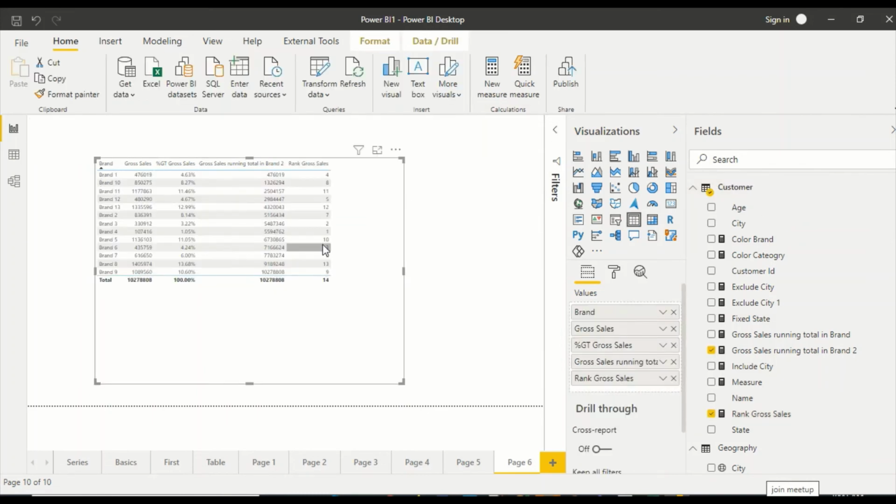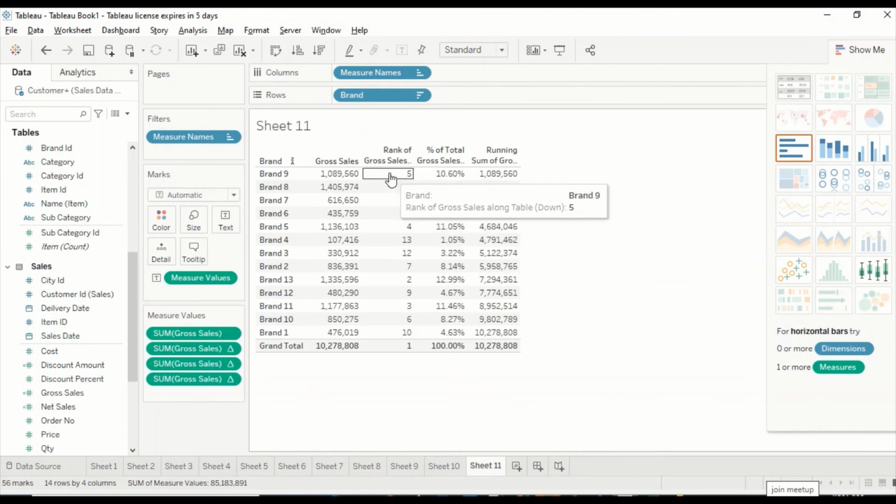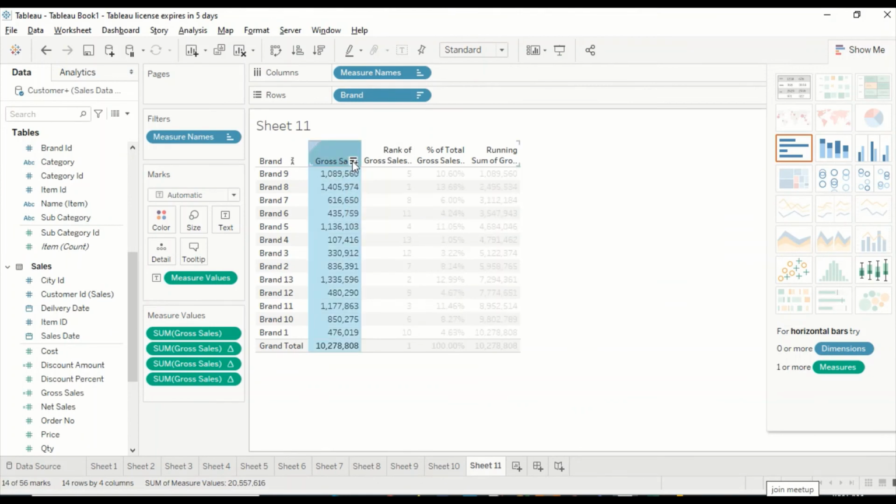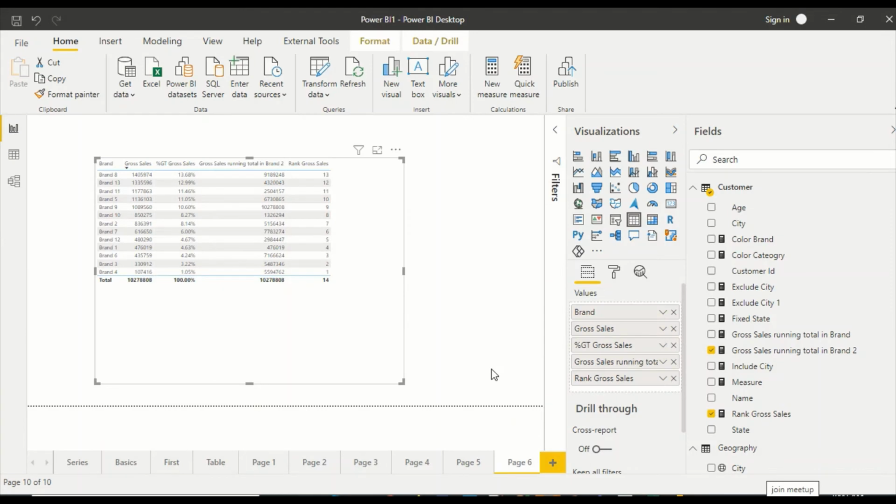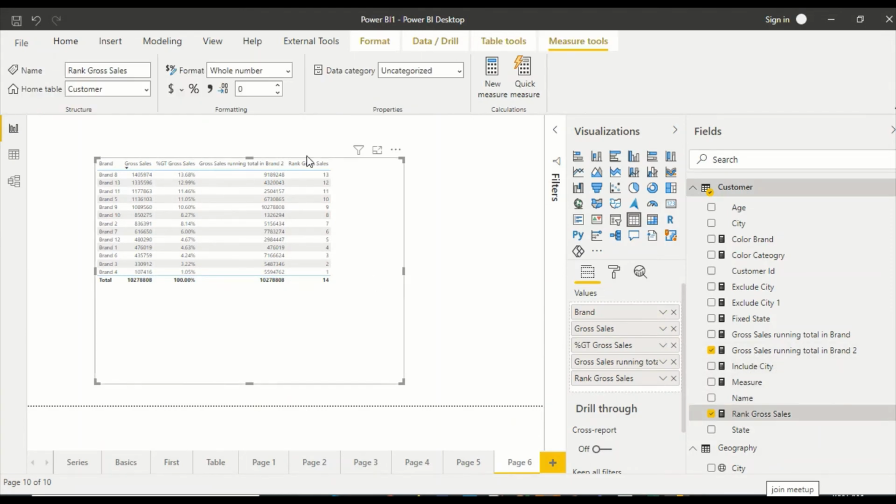Now rank, you can see, is irrespective of the order, so I can sort on the gross sales, and you can see this is ascending order, rank 1 to this, and then here we just sort. Maybe I might have created a descending. Okay, so this was actually the rank which is in descending order, so no worries. We can actually go ahead and do the same thing in Power BI also. So in Power BI we will go into this rank formula and simply change it to descending,